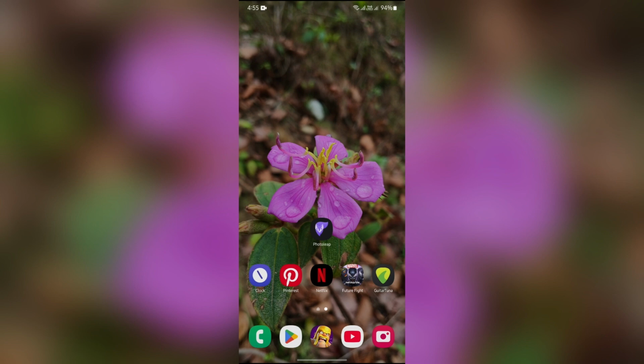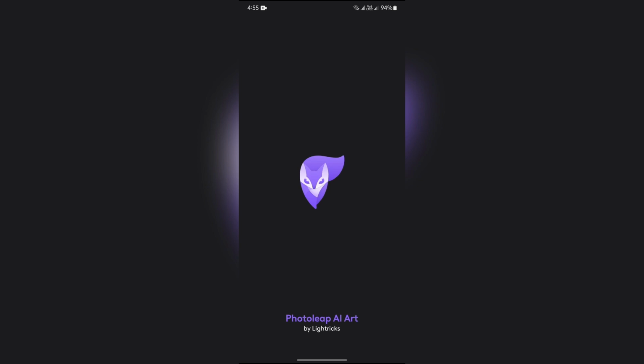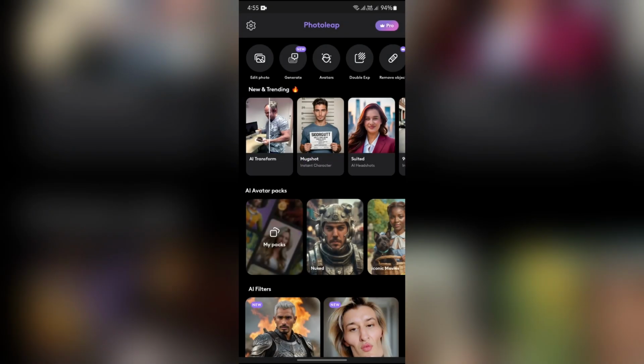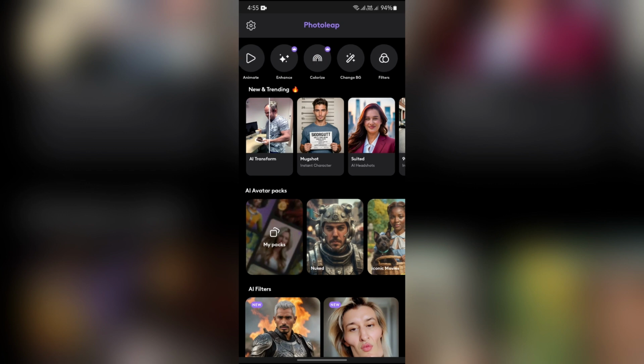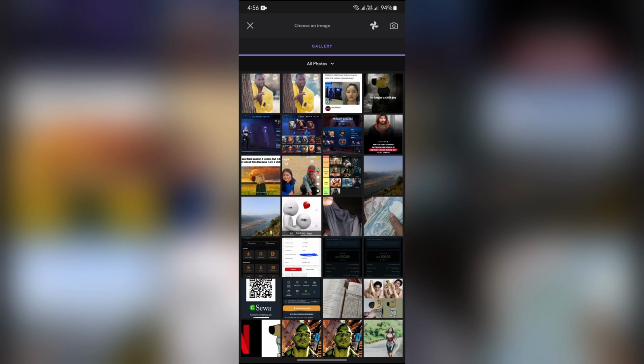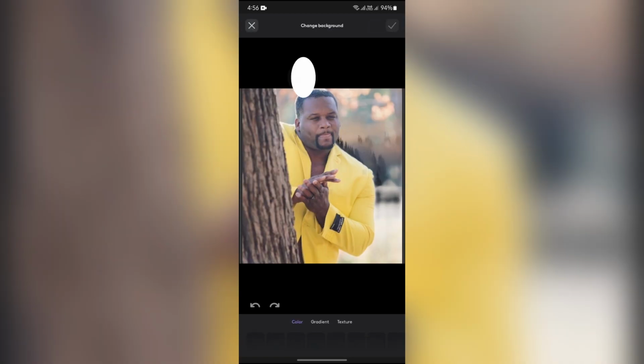Now, in order to remove the background, you just simply have to open your Photoleap application. And after selecting the Photoleap, you will get to see this upper bar. Now into here, just simply scroll and you will get to see this option of change BG, which means background. Just simply select change BG and after that select the picture where you would like to erase or remove the